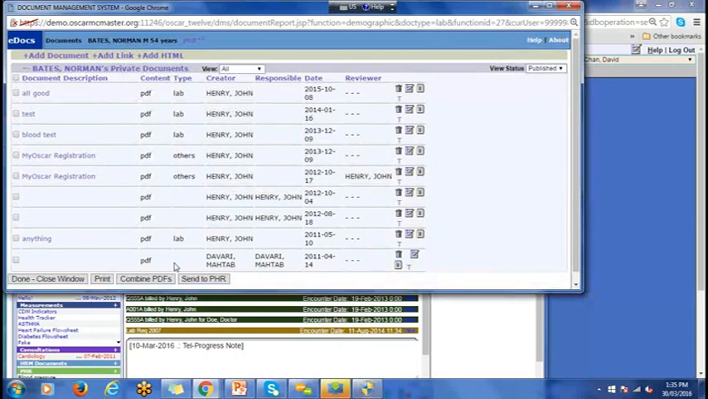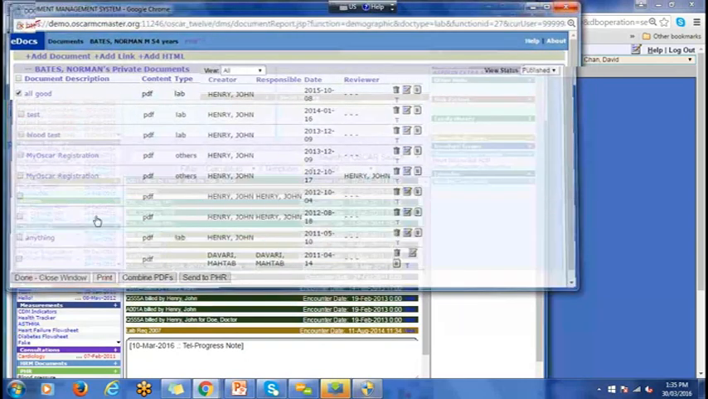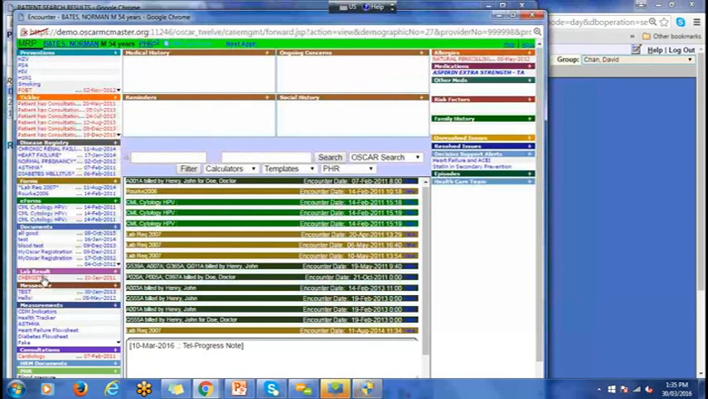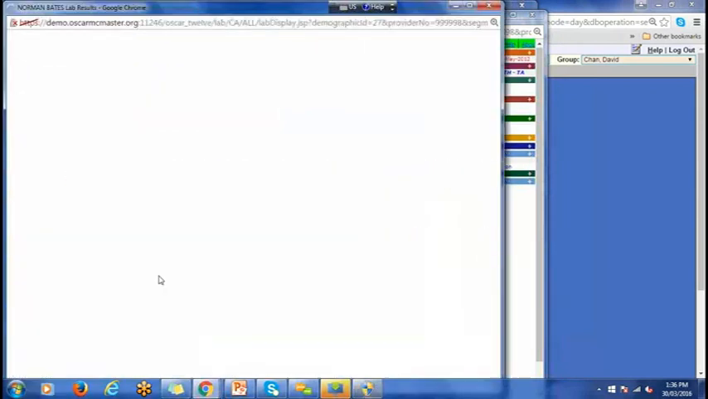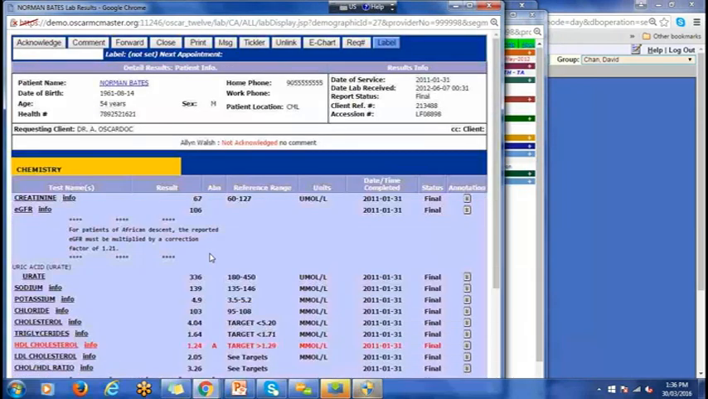Very similar to the workflow that was just presented for the eForm, there's the Send to PHR. There is also the ability to send lab results. Lab results can be sent directly from within the lab results, and this is also available within the